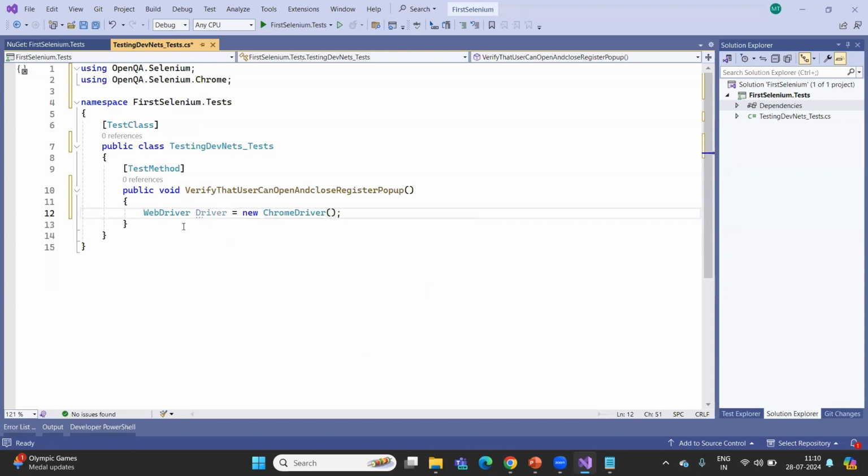It means that, hey, there is an interface. I'm going to communicate with the Chrome browser. This is the meaning of that. So we have created an instance for the web driver, and for example, let's say there is